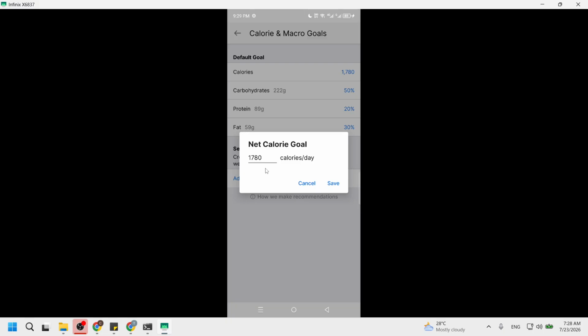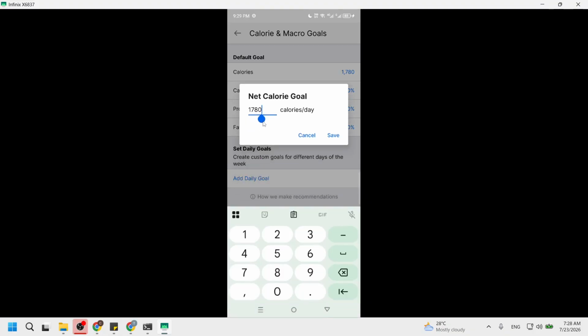Next, type in your new preferred daily calorie target number. Make sure this number aligns with your personal health goals. Whether you are looking to lose, maintain, or gain weight, the right calorie target is essential. Inputting an accurate number helps personalize your experience with MyFitnessPal, ensuring you have the best chance of success on your health journey. Finally, tap the checkmark or save button at the top right to lock in your new target.